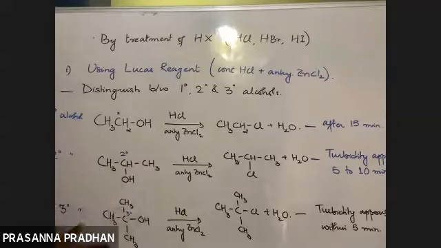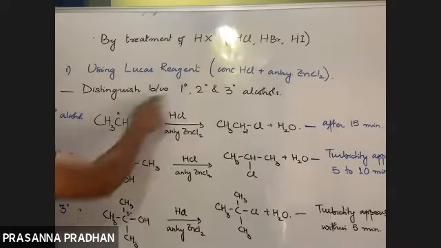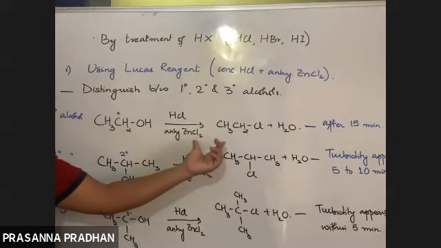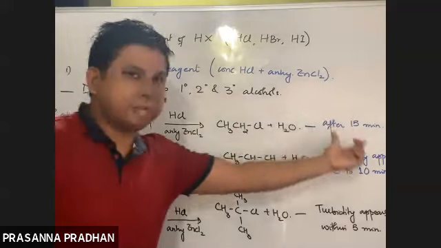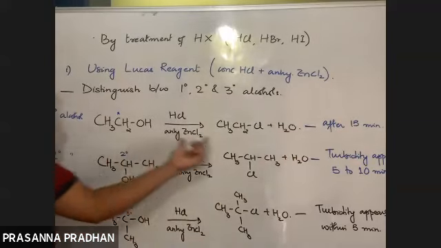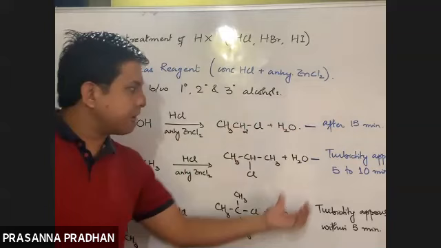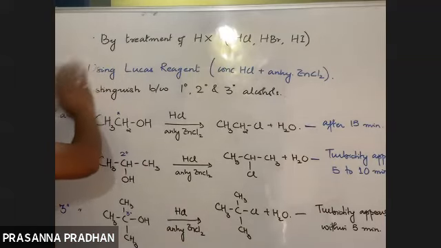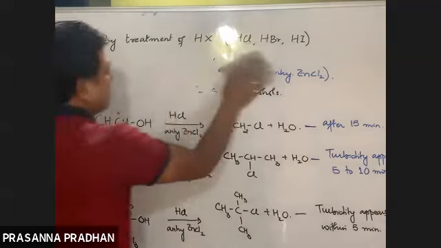So this particular reaction is used for the preparation of alkyl halides, and this can also be used to distinguish between 1 degree, 2 degree and 3 degree alcohols. 1 degree alcohol gives you alkyl halide and the reaction usually takes more than 15 minutes. 2 degree alcohols also give you 2 degree alkyl chloride. The reaction takes 5 to 10 minutes. Whereas tertiary alcohols react very quickly, within 5 minutes. So this reaction is really important. We shall be doing this reaction once more in the alcohol chapter.